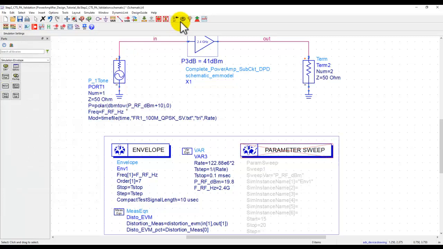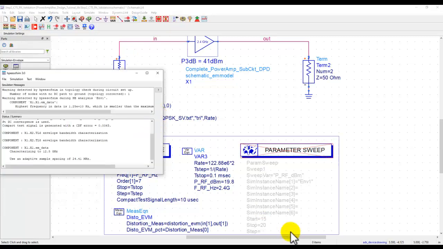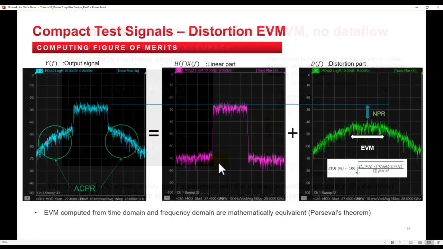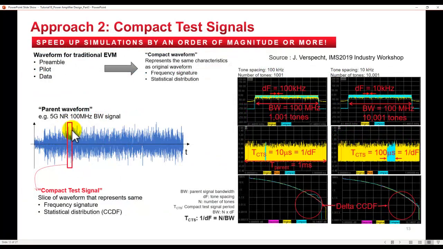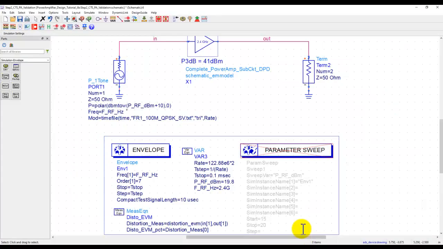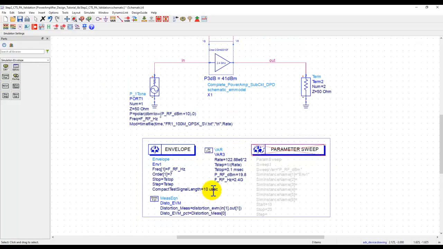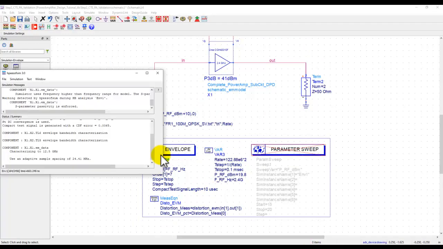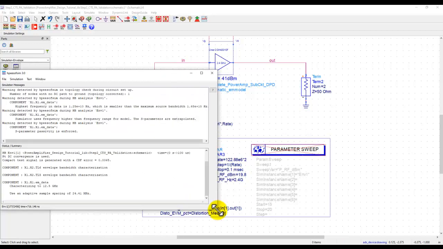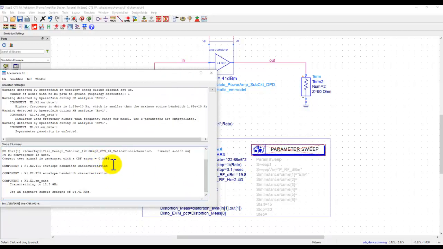So what happens when I run this simulation? Remember, if I go back to the slide, we talked about finding the right slice of the waveform from this entire frame. And we already decided, in my case, I'm going to use 10 microsecond of the signal. So the question is, where is that 10 microsecond good signal located in the entire frame structure? Well, that's the job which the algorithm inside ADS is going to do for you once you declare how much time segment you need. And as a first step, ADS will run, and it will report the CDF error